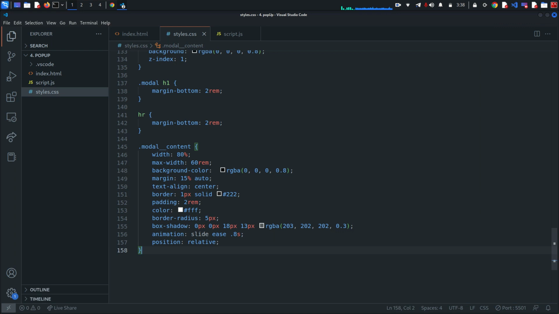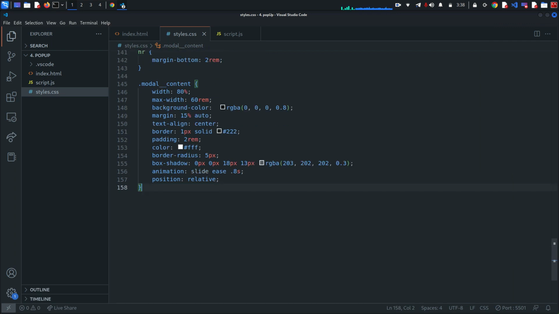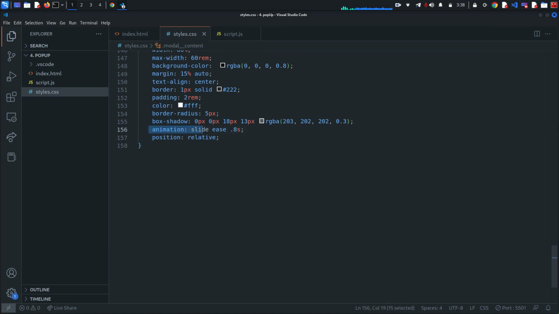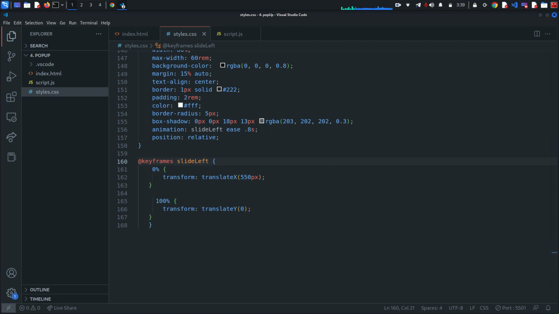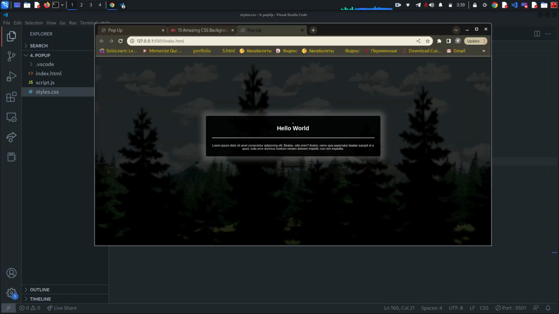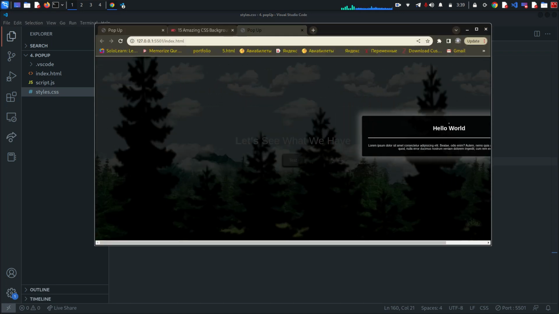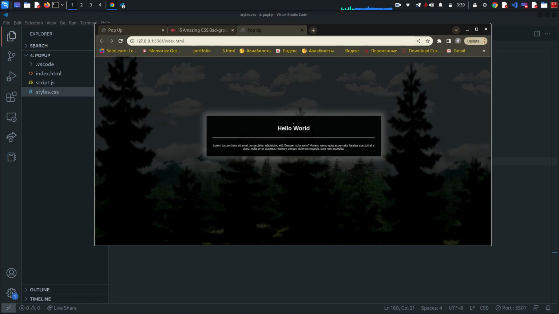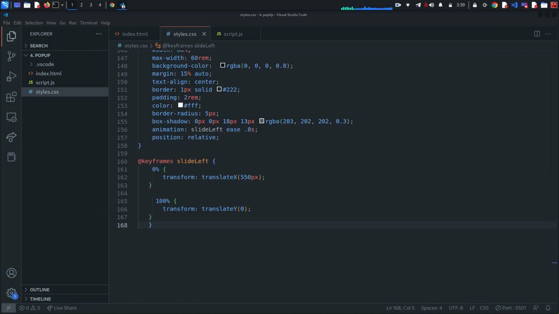I think that everything is familiar to you. Position, I added here relative. Animation is slide. Let's say slide left, we will say. It will make more sense. I'll explain to you right now why. Here it is, slide left. You see, guys? Here it is. If you look at our project right now, it is sliding left, from the right to left. You see? And then